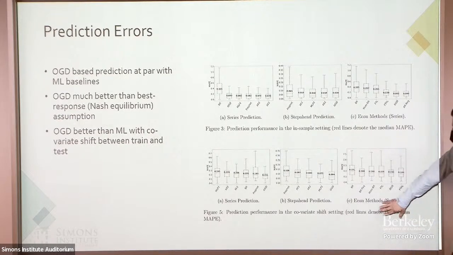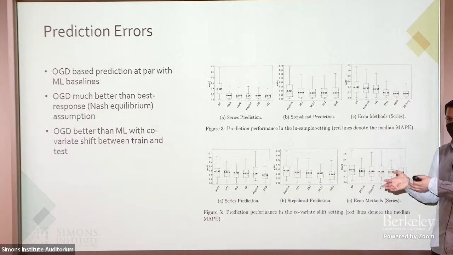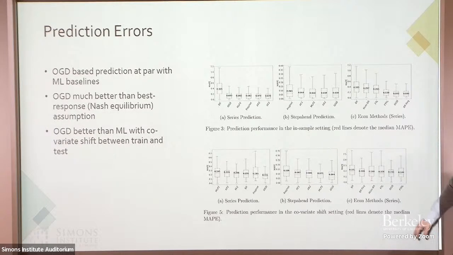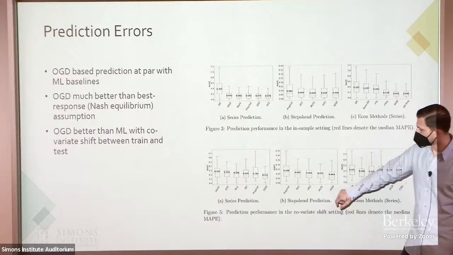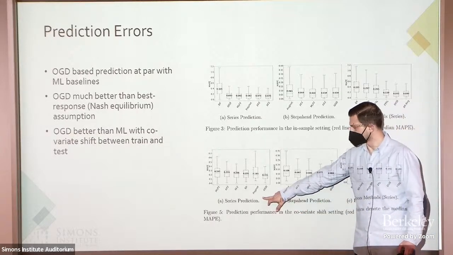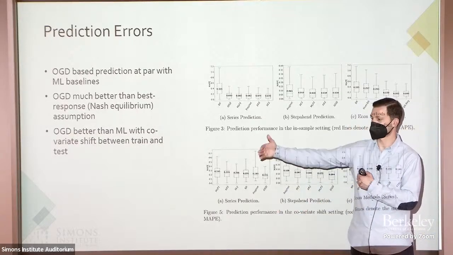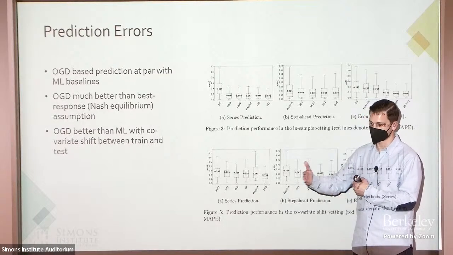So here we try to say, let's look at two periods during the day where the distributions of bids are very different. So day and night were very different. So let's train models solely on the day data and predict the bids of players on the night data. And over here, we were observing that, for instance, in the series prediction, where you try to predict the whole series of bids of the player in the next few days,